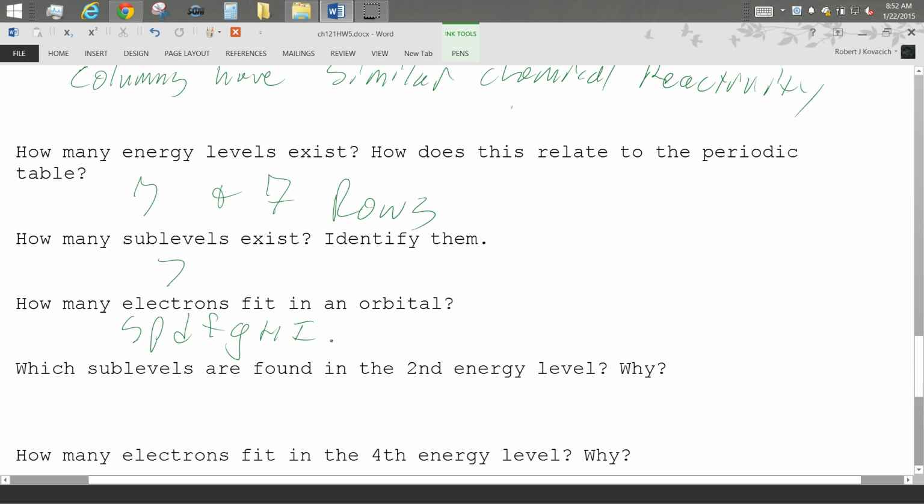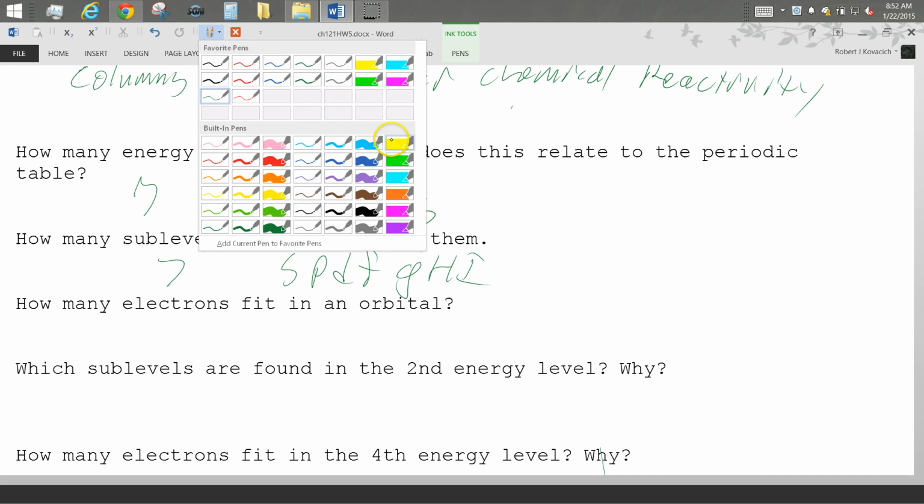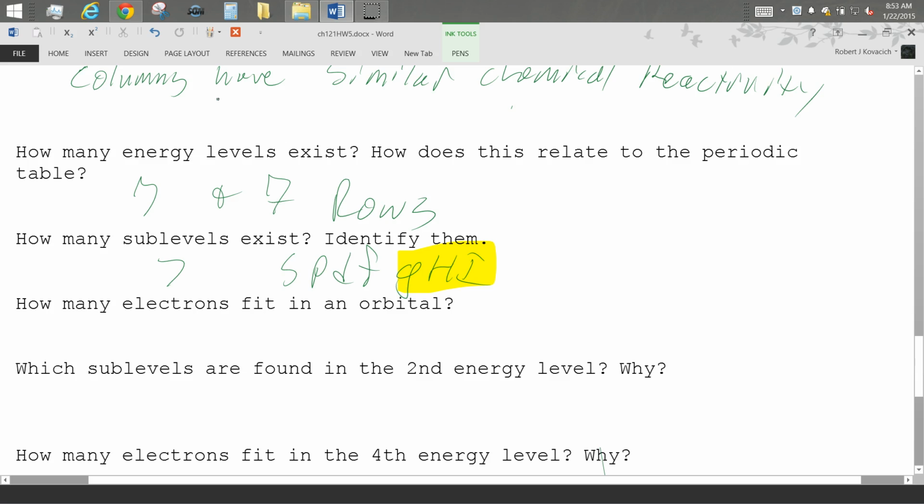Some people die for gold. Okay. And I put that in the wrong spot. And which ones don't we so much care about? G, H, and I are not super important because we don't have atoms that have so many electrons that we regularly fill G, H, or I. But does that mean G, H, and I positions don't exist? They do. It's like having a large apartment complex with no elevator and the top floors are there. It's just nobody lives in that. You can totally go up to them if you want and hang out there for a little while, but you're not going to live up there because it's too far away from the ground.